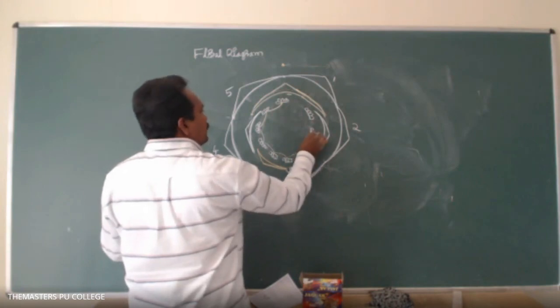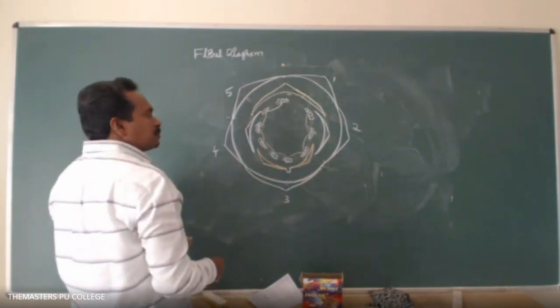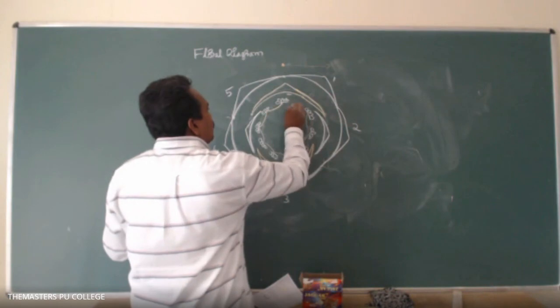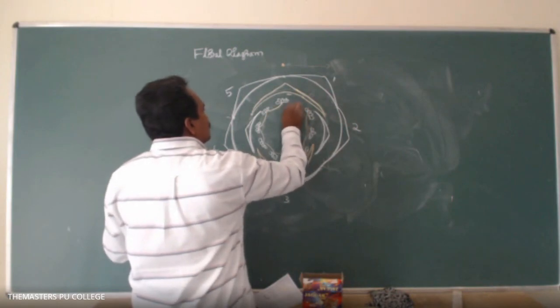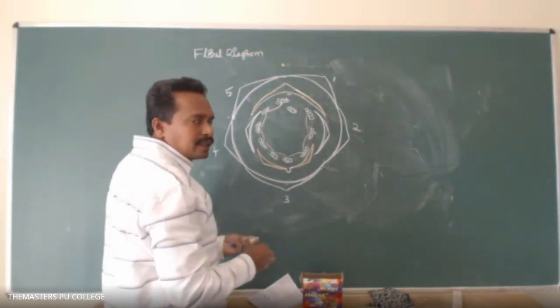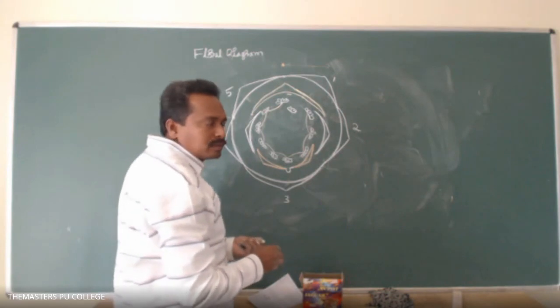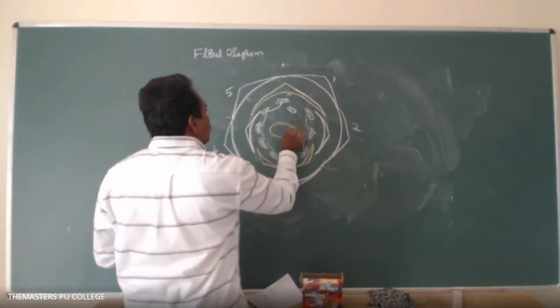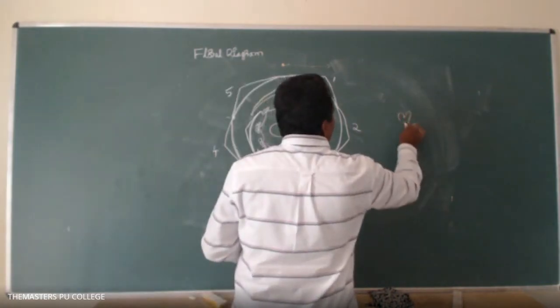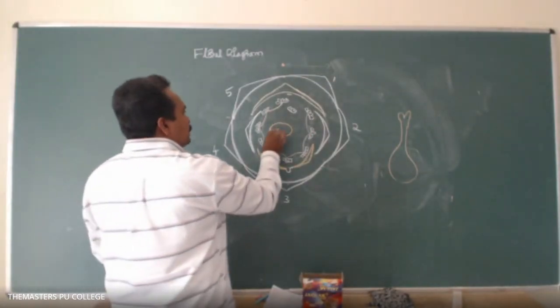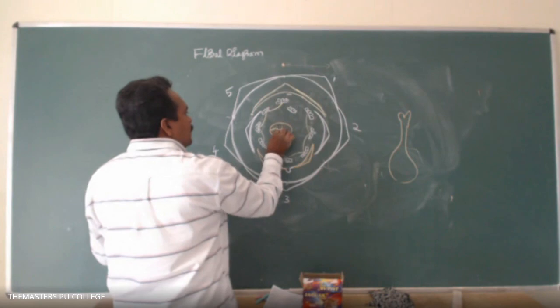It indicates the fusion of the filaments. And the remaining one is free or fused? Free. How many carpels are there in the gynoecium? One carpel. Placentation: where are the ovules attached?